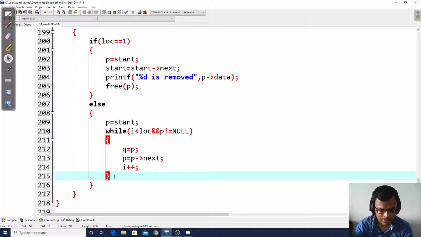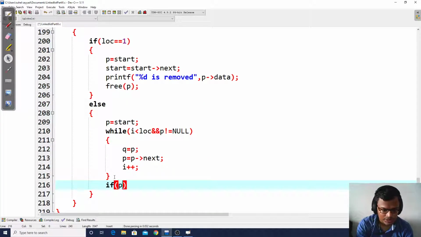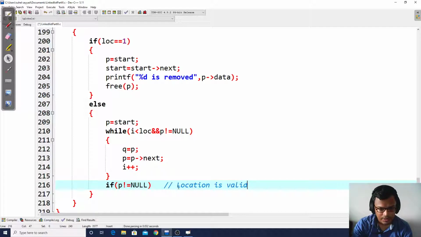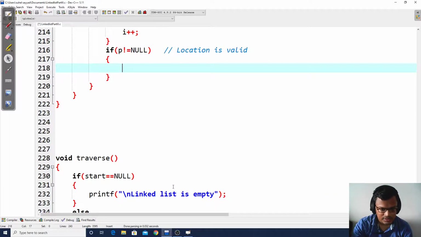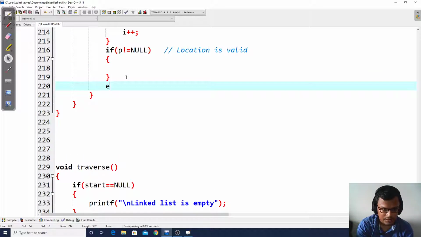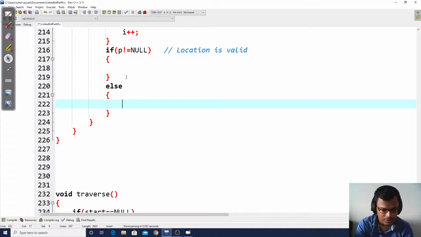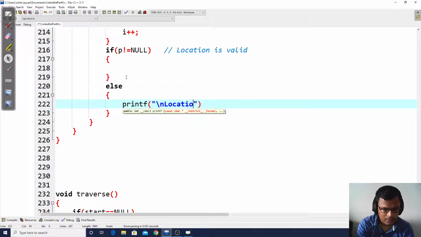Once we come out of this while loop, we might be in two situations: that p is not equal to null, which indicates that location is valid, okay. So in that case we have to do something, and else that is location is invalid. We are going to printf that location is invalid.